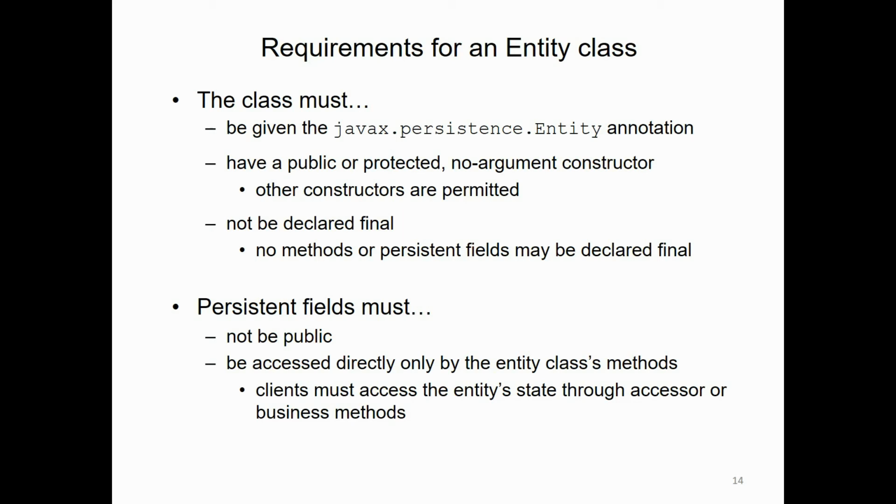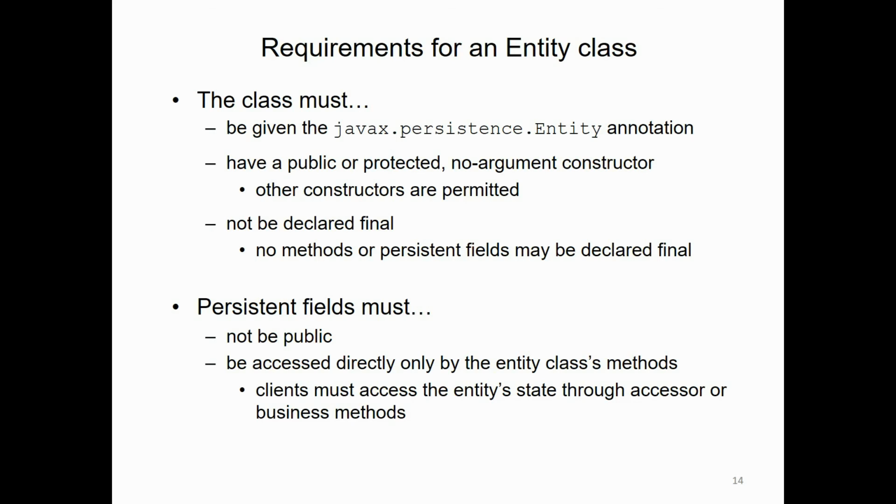That way, the JPA, Java Persistence API, can interact with it because it knows that it's going to have a default constructor with set and get methods for the persistent fields. A persistent field must not be public. That's not permitted in an entity class. And as I mentioned a few moments ago, it must have accessor and mutator methods